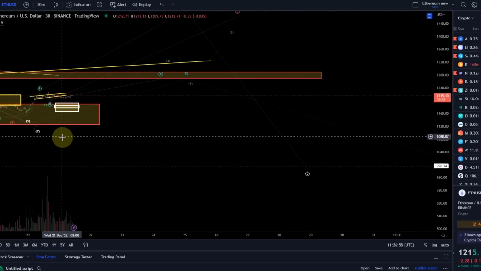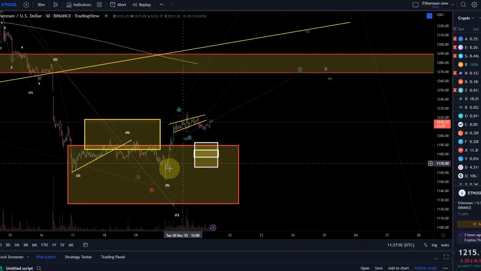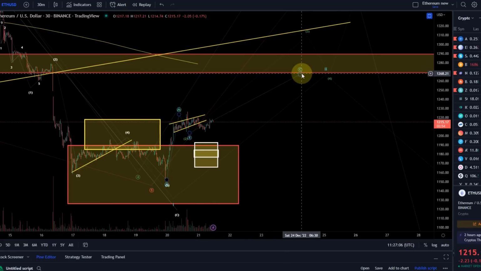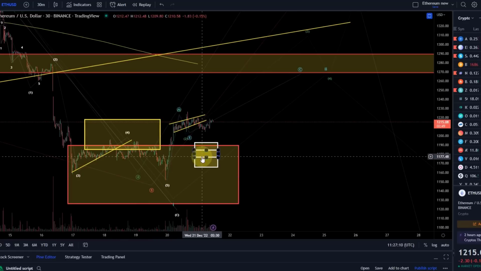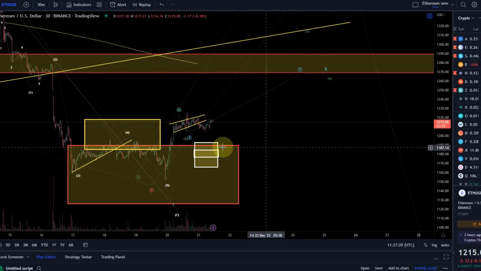So now that we've discussed this, it is important to understand where the differences are. In the blue count, the bearish count, we would basically only make one more wave up in a C wave, a small wave, which relates to this pattern here, A, B, C, and we'll probably only get to 1270, maybe higher. But this is the first key resistance area and an ideal place for this bearish pattern to bounce off and go down lower.